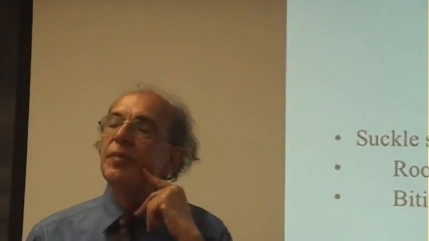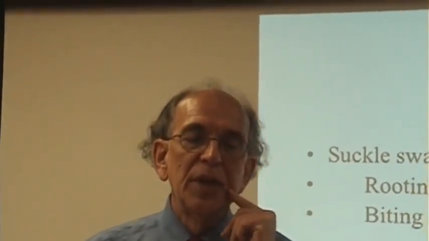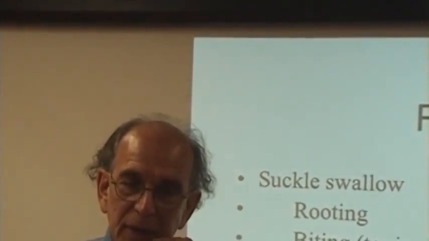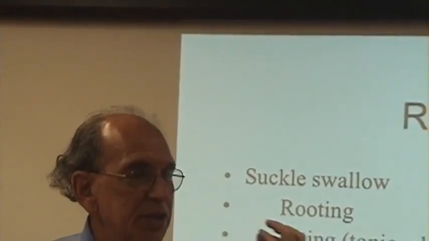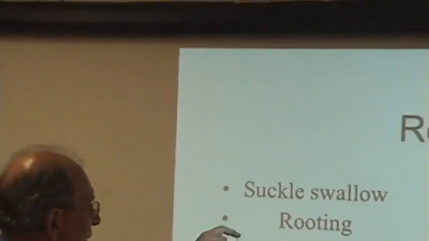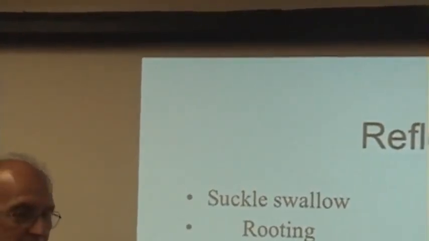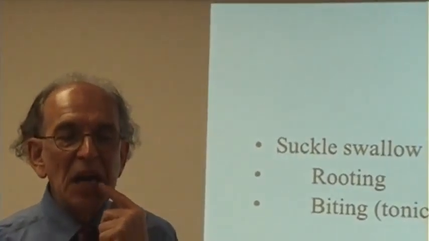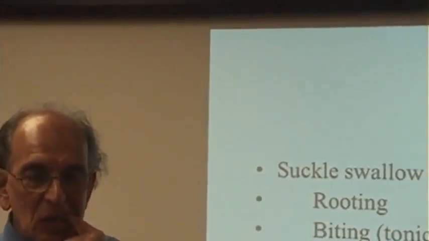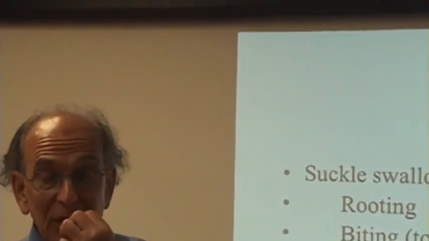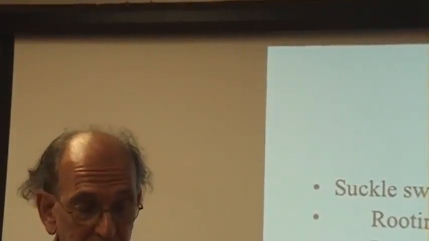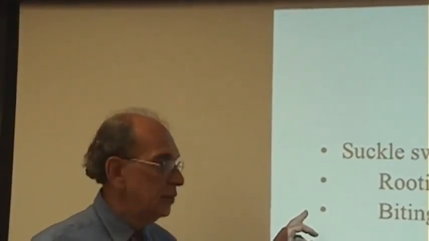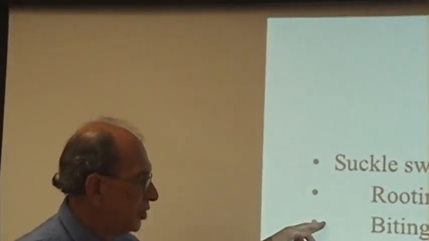Rooting, which is a movement pattern where you stroke the child's cheek or something, and the child moves in the direction of the stimulation. So you get suckle, you get rooting, and biting, which is a stimulation of the gums or teeth. You get either a chewing kind of biting or a biting without release, and that is a significant occurrence in kids with neuromotor dysfunction,